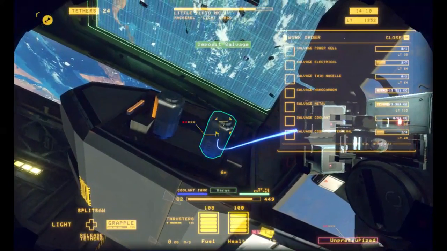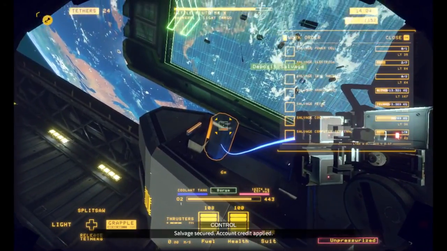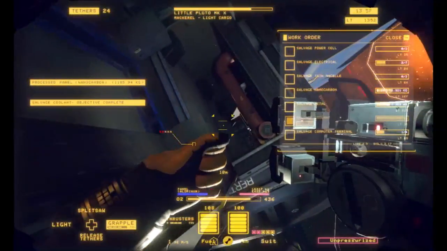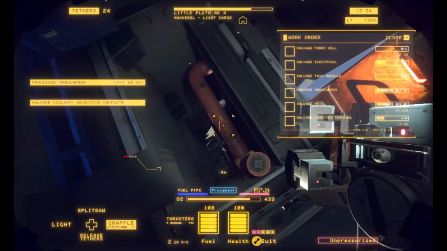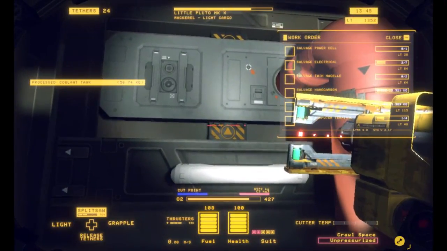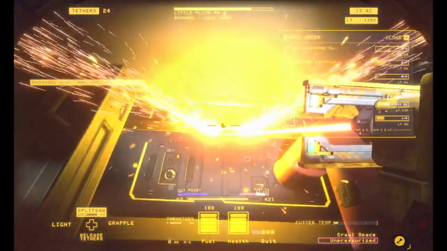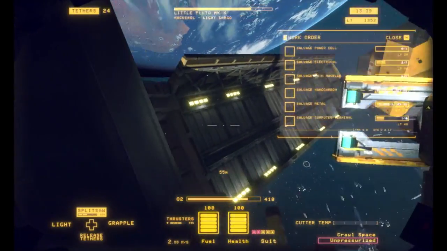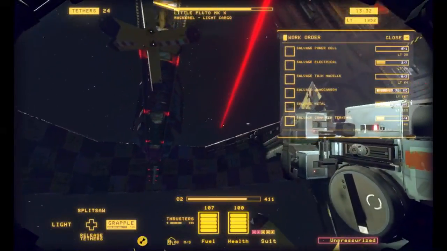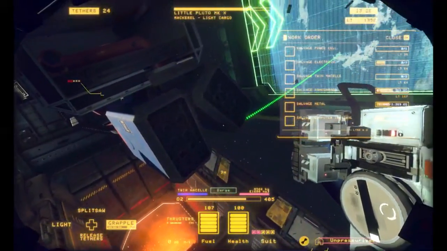Let's take a step back. And down. Salvage secured. Account credit applied. I don't know if you actually know this, but we space workers who come from 1G are called oners, compared to the zeros, I think. There's probably some term for the...